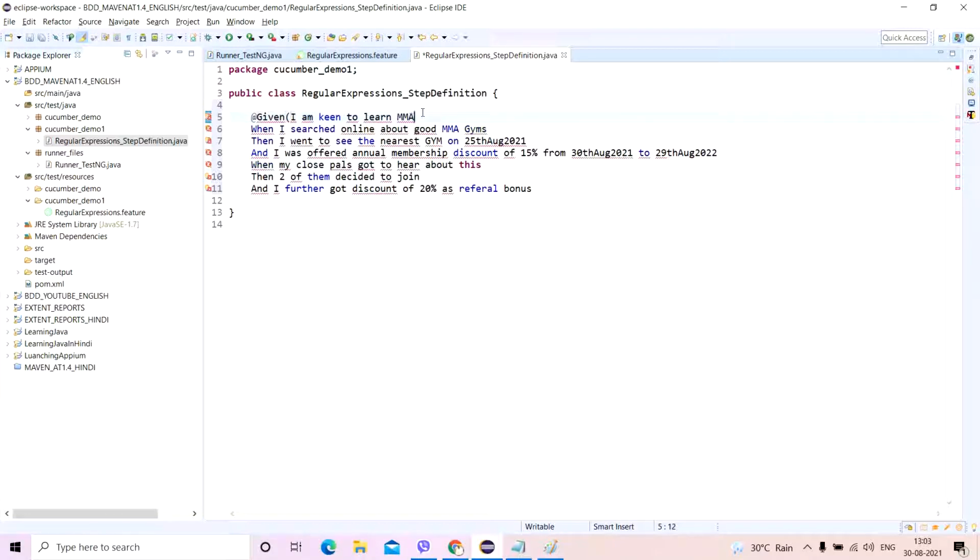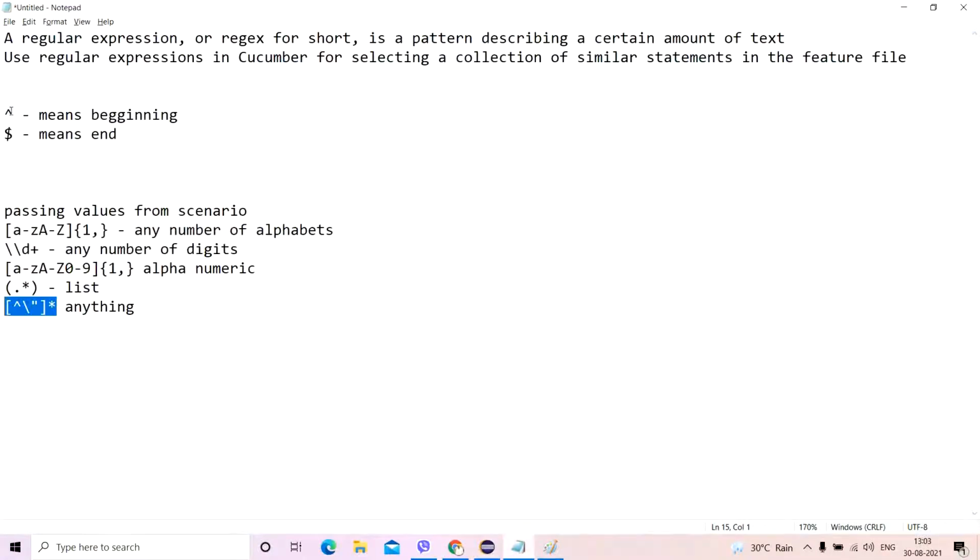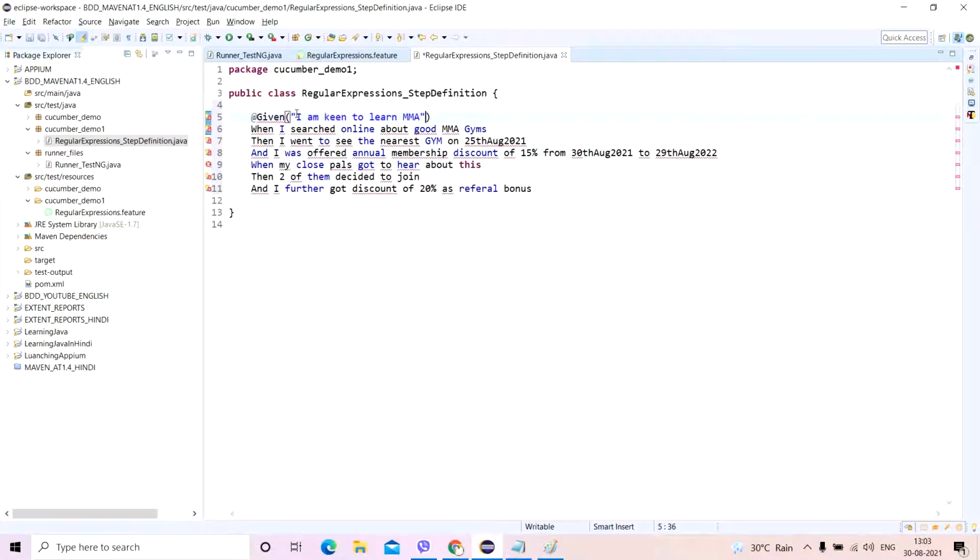First close the parenthesis, and then put it inside a string. These are the steps that you need to do. Now this means the beginning and the end of a statement. So without giving any space, put the caret, and without giving any space at the end, just write the dollar symbol.